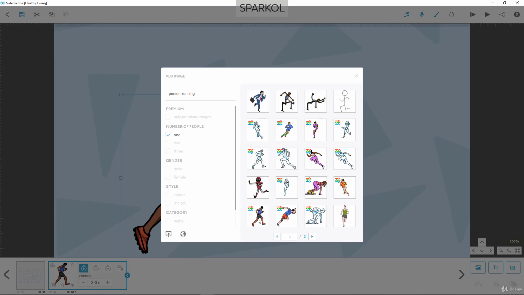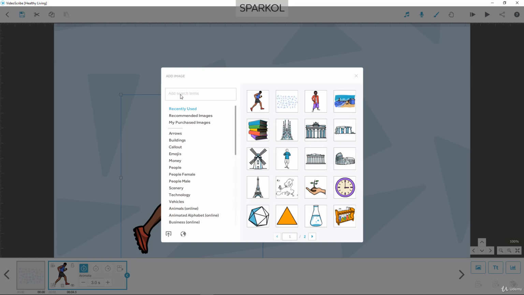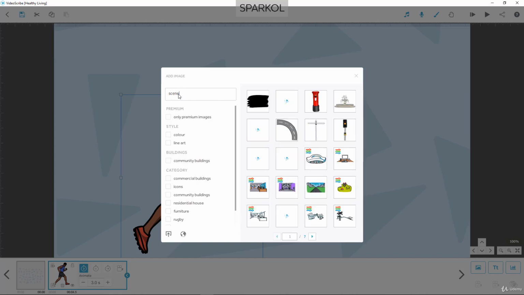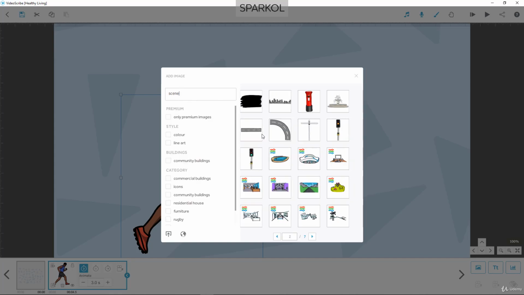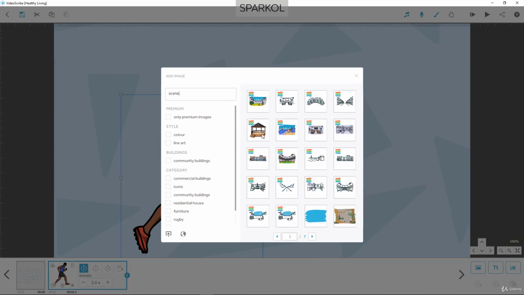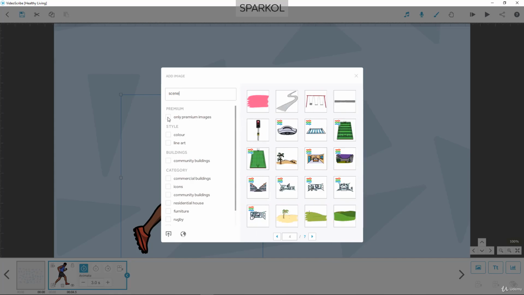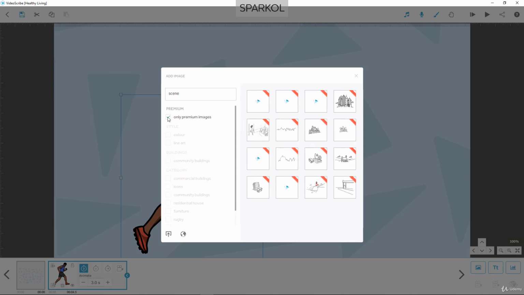Okay, so next I want to find my outdoor scene. So this time I'm going to type scene. And you can see we have a range of images here. If I click the option here, we'll be able to see the premium images that are available. So these are images added by independent artists. We vet all these images before they're allowed to appear in VideoScribe to make sure they look good and draw well. But you can see that these give you other options in terms of the style of image you use